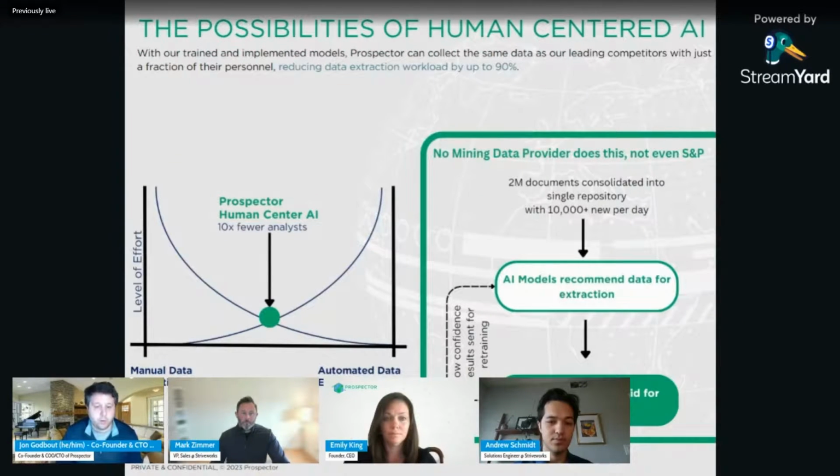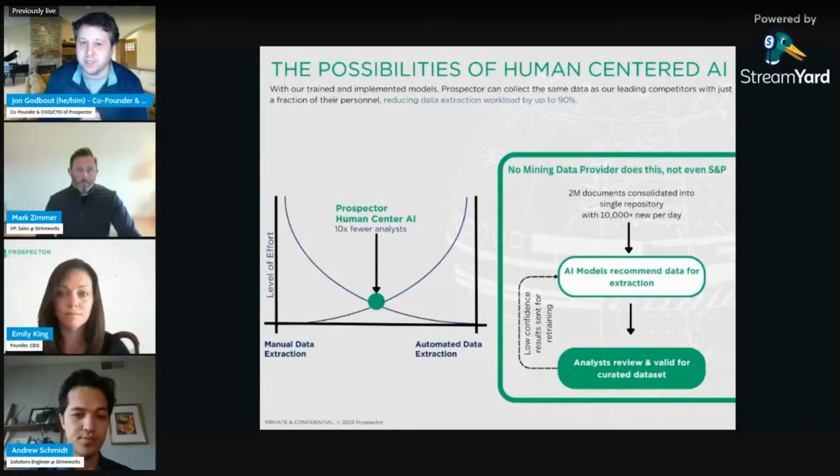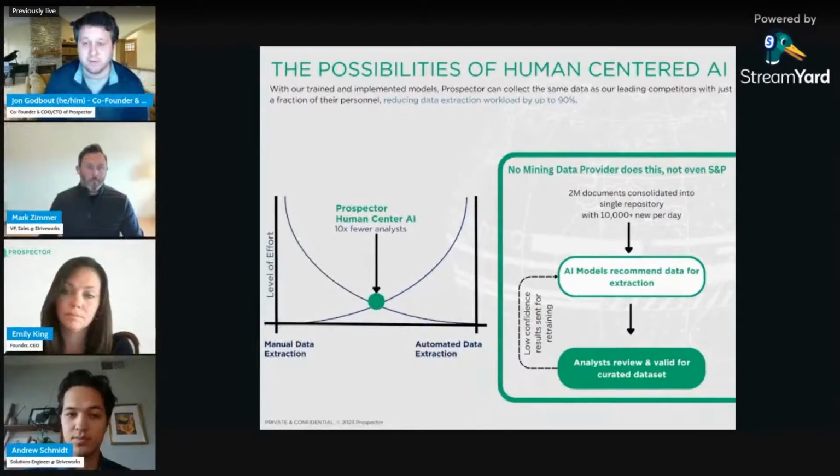And we specifically focus on leveraging a technique called human-centered AI. And what this means is we don't let the AI just go out through the PDFs, extract some information, put it in a table, and do something, right? Maybe AI will get there at some point where we can trust it to do that, but really it's not at the level and still requires some human interaction. But what we can do is use certain techniques to really reduce the amount of time it takes an analyst to actually extract information. And we call it human in the loop AI, right?